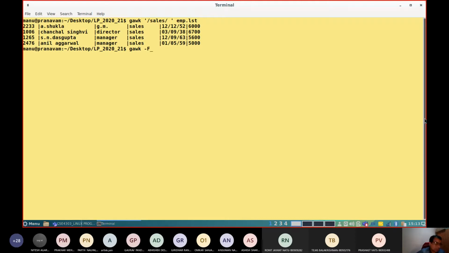If you want to use a regular expression, you mention the delimiter for each field within double quotes, then go for the selection criteria. To depict the selection criteria, you can use regular expressions, which start as usual.